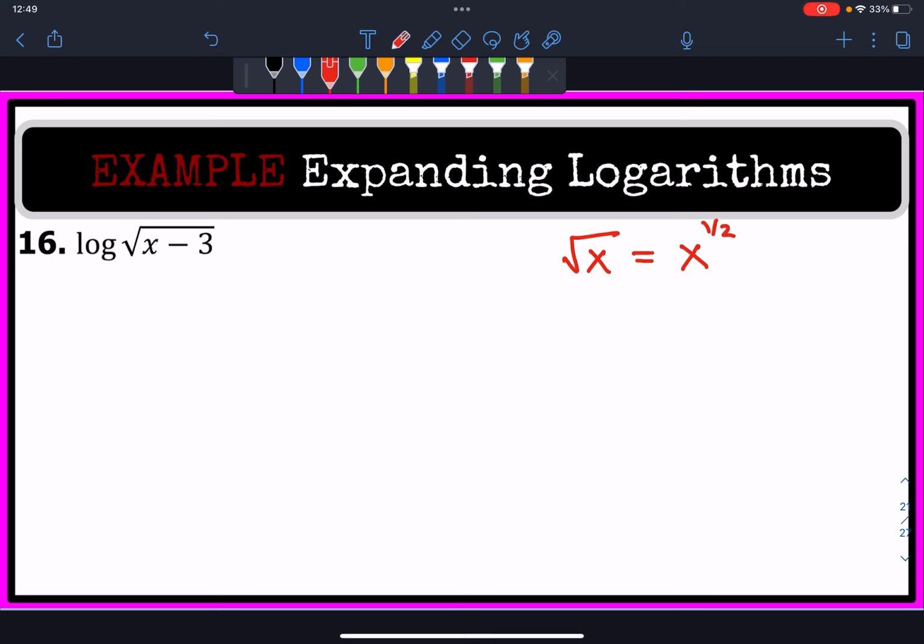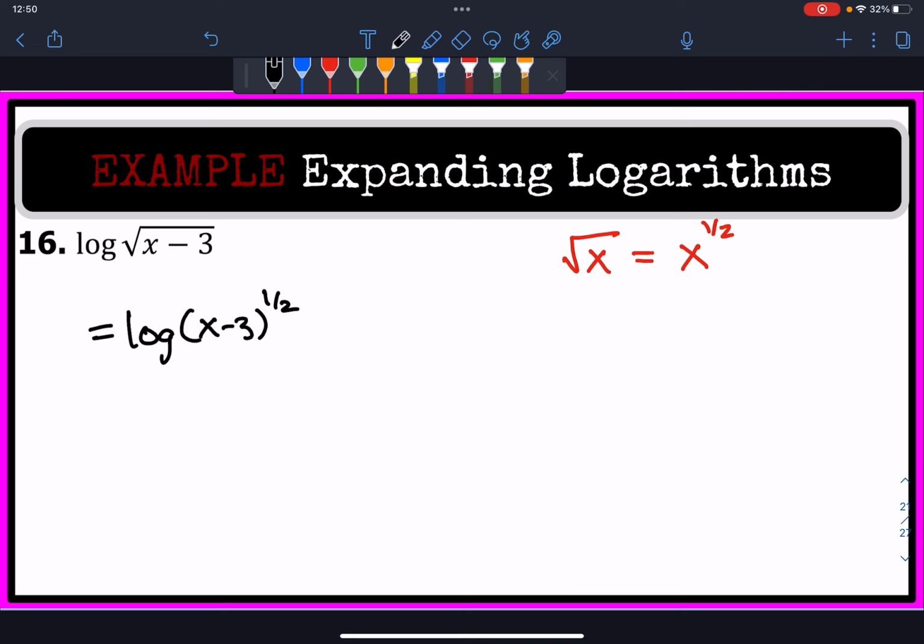We basically have a square root as an exponential expression with a rational power, and specifically the rational number is 1/2. So because we're taking the square root of x minus 3, technically, equivalently,